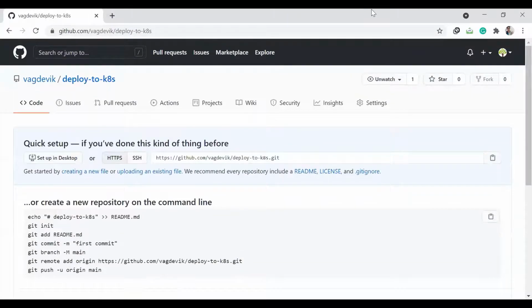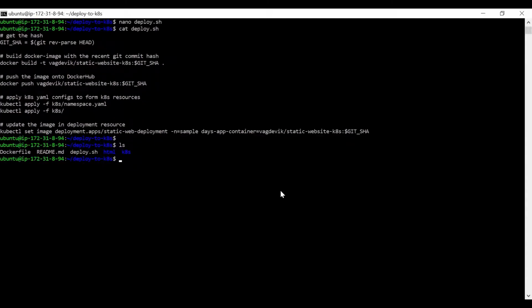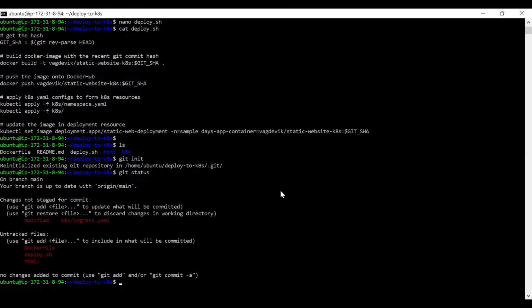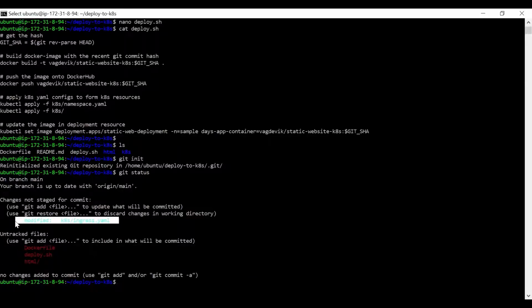So now go to the command line. Let us initialize the GitHub repo here, like git tracking. So git init, this initializes the git tracking, and then git status, which shows what files are to be tracked and what are already tracked by Git. So it shows that these three are not tracked and this is tracked, right?